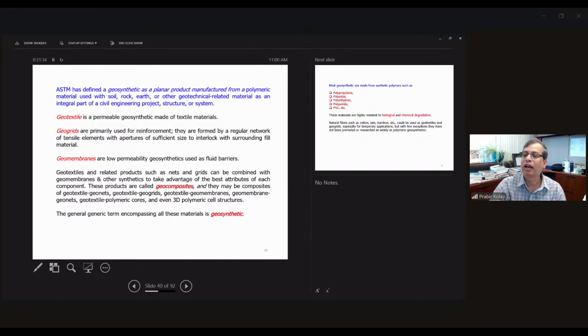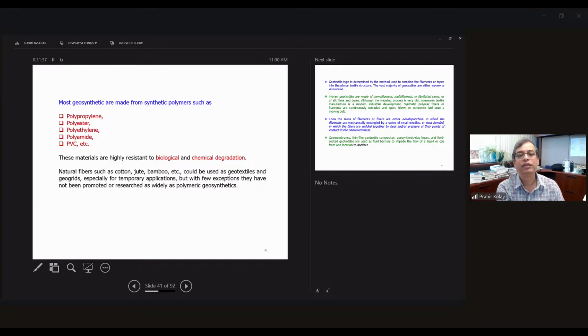So textiles means it's like cloth, right? So again, it can be a geosynthetic material. It can be polyester, polystyrene, polyethylene, polyacrylonitrile, polyvinyl chloride, PVC. So any type of material. It can be high density or low density polyethylene, synthetic material. People are also using natural fibers like cotton, jute, or bamboo as geotextiles